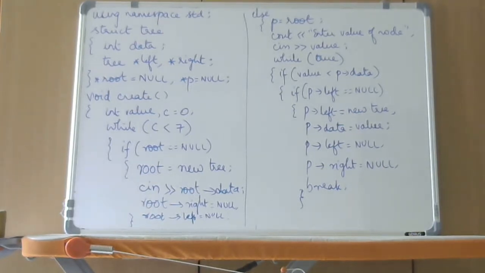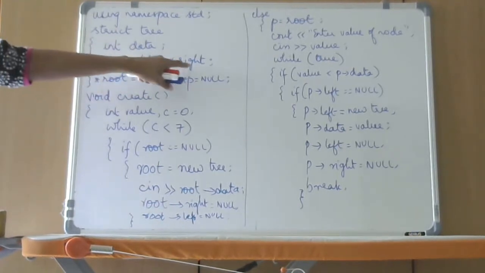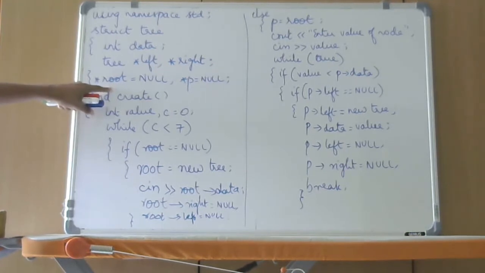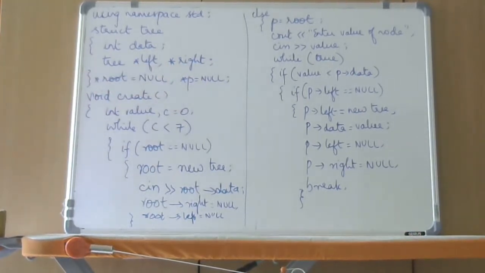So this is the definition of our node in the form of a structure. There is a data field, a left pointer and a right pointer. We are calling the start or head as root itself. We are initializing that to null and we are also taking one more pointer p, which is also initialized to null. Now the first function, before you traverse, we have to do a creation or insertion of nodes, right? Unless you insert the nodes, you cannot traverse it, that's obvious.